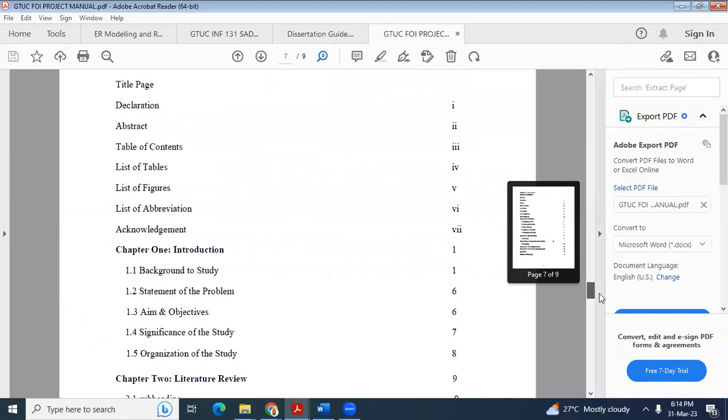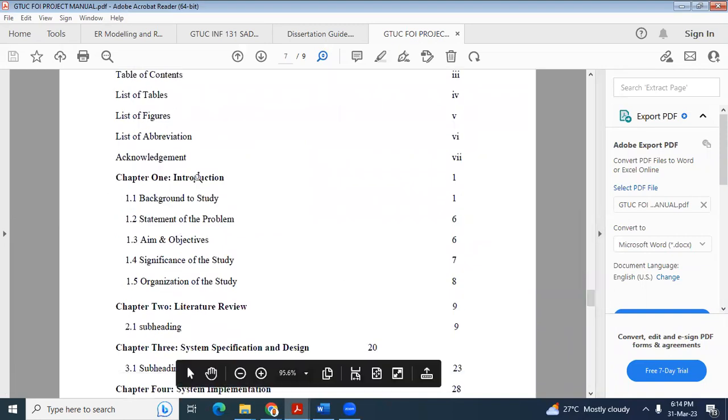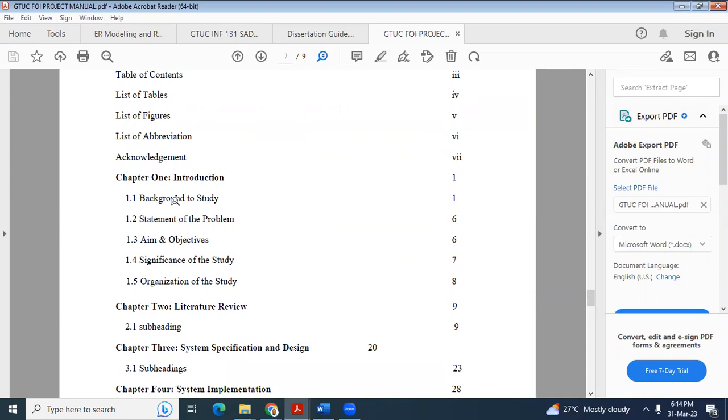But what I want you to take note of is this. This is critical for the chapter 1. So for chapter 1, you are looking at the way the sections are named and numbered. So you should have 1.1 background to study, 1.2 statement of the problem, 1.3 aims and objectives, 1.4 significance of the study, 1.5 organization of the study. So this is how it should be. This is how it should be. You stick to these sections, and then the way the sections have been numbered, and then look at the page